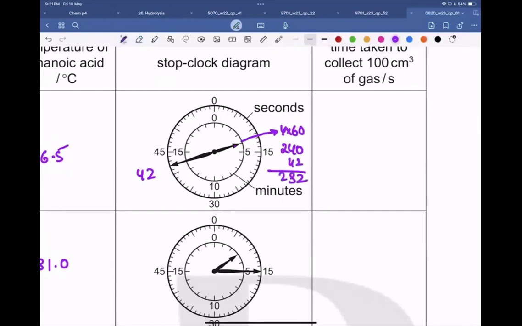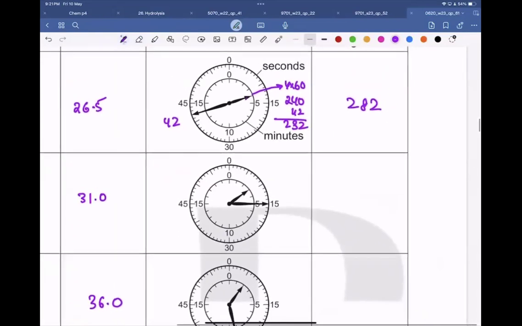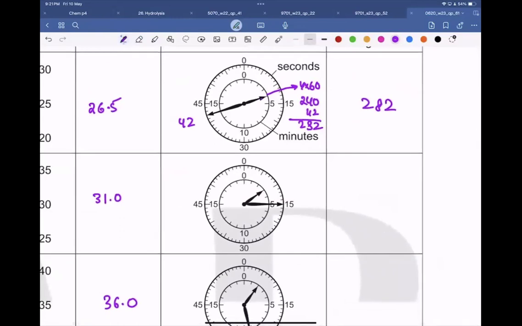So 282. So I'm going to write over here 282 seconds. Now, if you see, the temperature has raised over here, right? So again, 4 minutes, 4 times 60 makes it 240. And